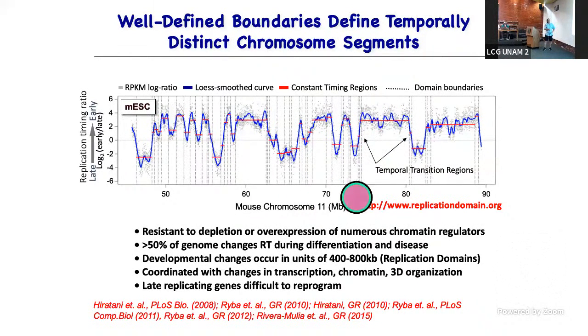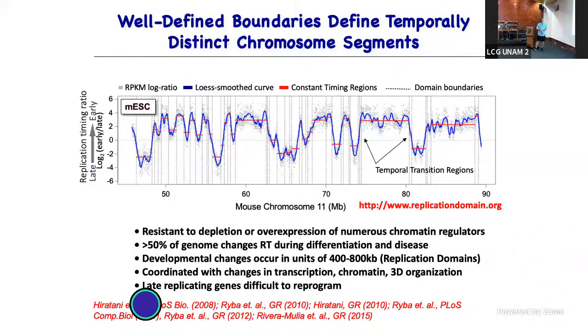Anyhow, if we take a large region, I keep saying domain, that's a mistake, a large region like this 5 megabases that replicates relatively constantly in embryonic stem cells. If we look at other cell types, parts of this region will be replicating late. In other cell types, other parts would be replicating late, and then they would switch back to early, et cetera. What we found was that when we see these switches, early to late, in different cell types, they're always occurring at the same boundaries, and they're always in this smaller size range of 400 to 800 kb. So that gave us the first indication that we had a unit of replication regulation that we called replication domains.